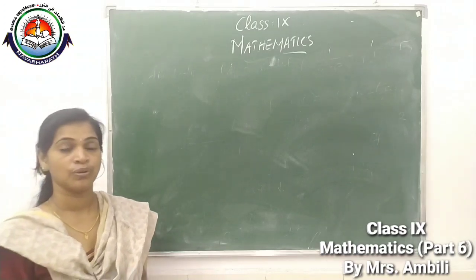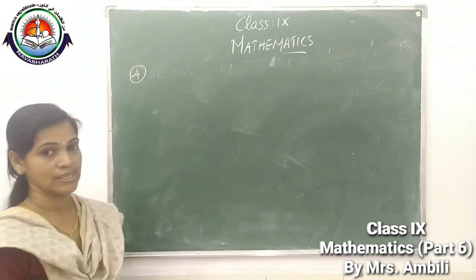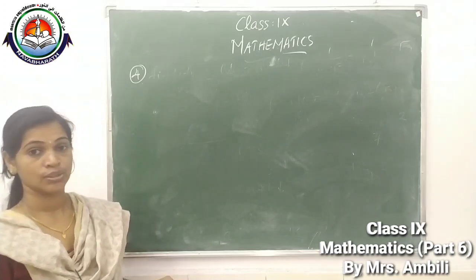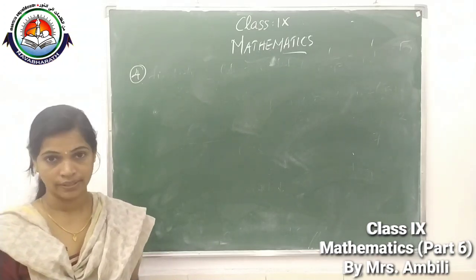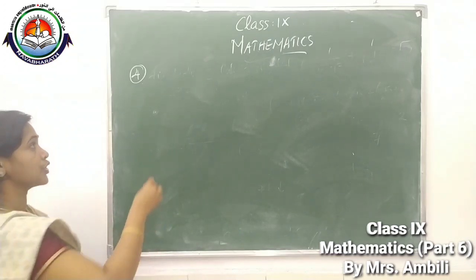Then come to our fourth question. Up to now we discussed rationalization and all. Next, the laws of exponents we studied. From that one question we can do. Fourth question. So write the question. Show that